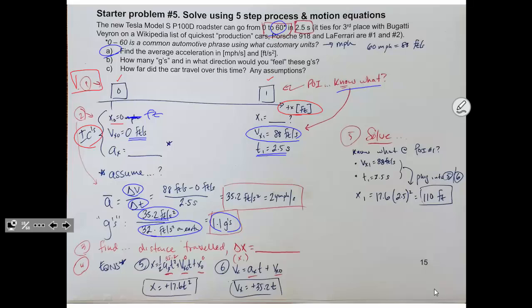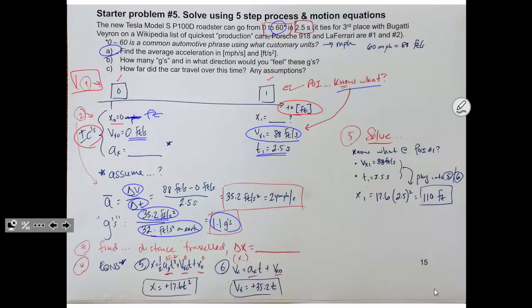And so I'm going to make the assumption that it's fairly uniform acceleration, and I can write a sentence or two explaining why I think that is, and to justify that. And I'll go ahead and use my 35.2 feet per second squared and assume that's constant acceleration. And once I do that,